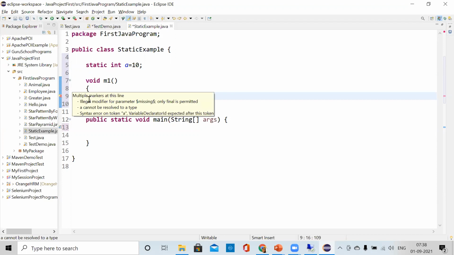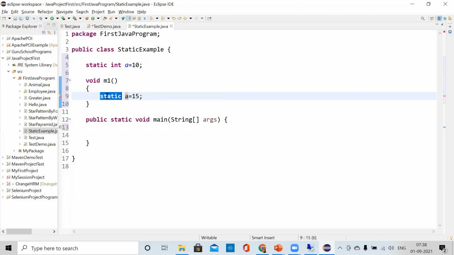What error is it giving? Multiple markers at this line, illegal modifier. So this is an illegal modifier. If I don't put static, I can use it. So it should be a static method, no?